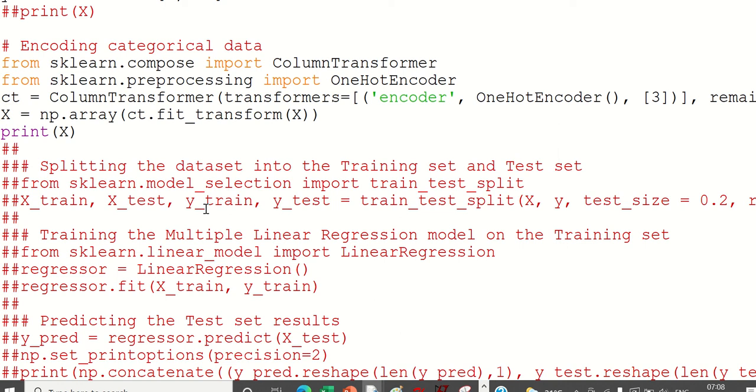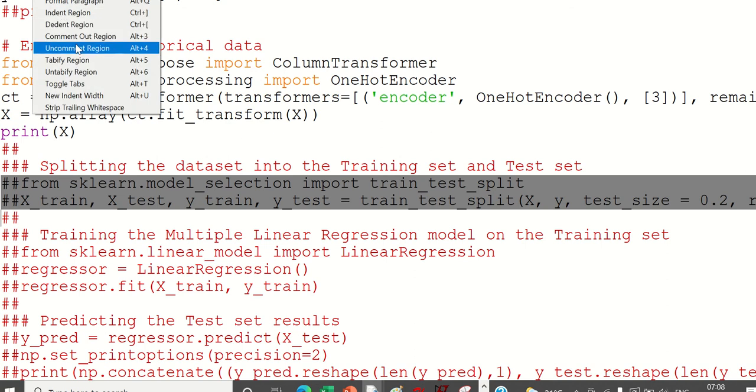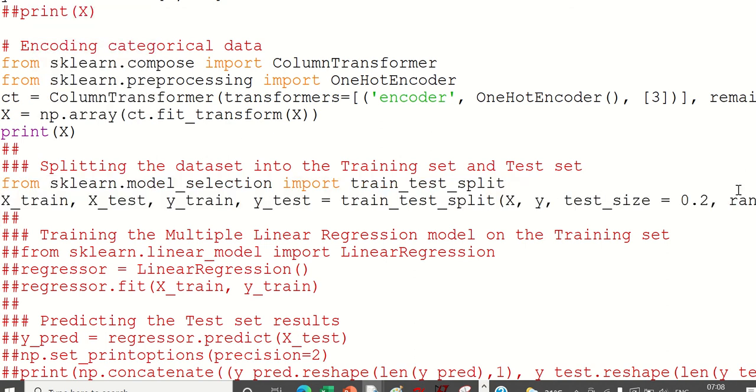Here, we cannot visualize things because the variables are more. Next step is splitting. We are splitting the data set. Test size is 0.2, that means training is 0.8. You can do 1 divided by 5 and all those things, but you can give it in decimals also. Once we split the data into train and test, let us quickly see how it will look, because earlier you have not seen this.